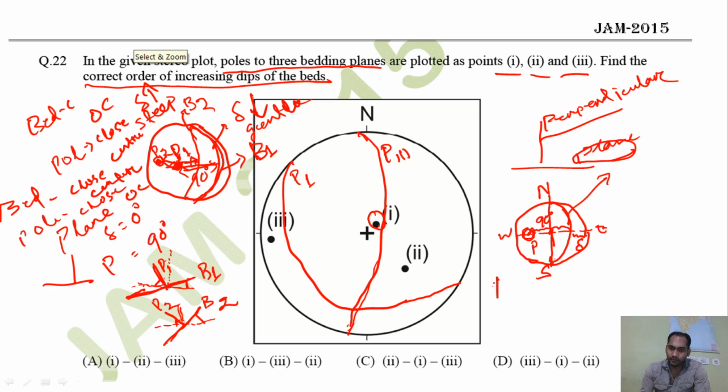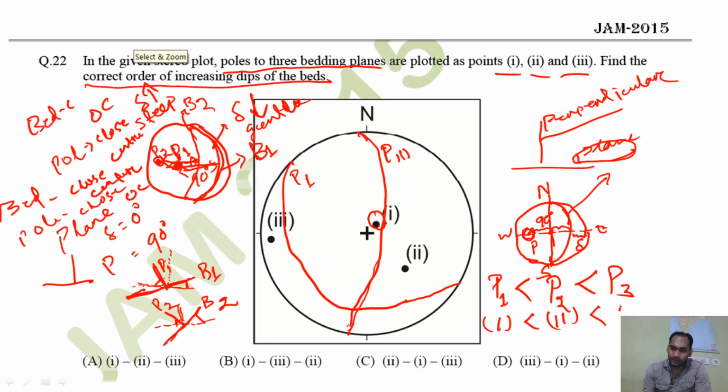P1 is lesser than P2 is lesser than P3. Okay, this is the order. Plane 1 is having lesser dip, plane 2 is having greater dip than P1, and P3 is having the highest dip among the three. So accordingly, if you write the poles, 1 less than 2